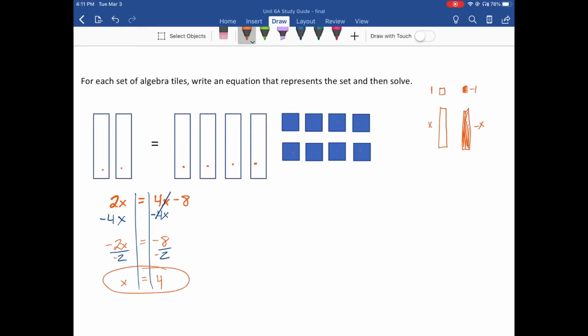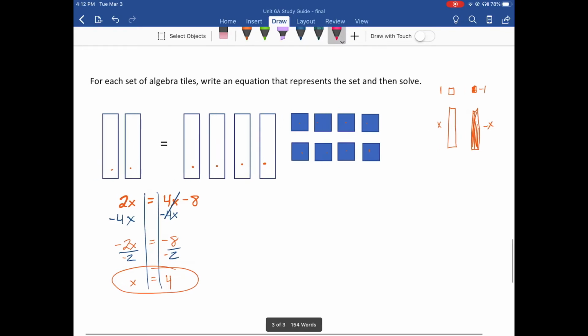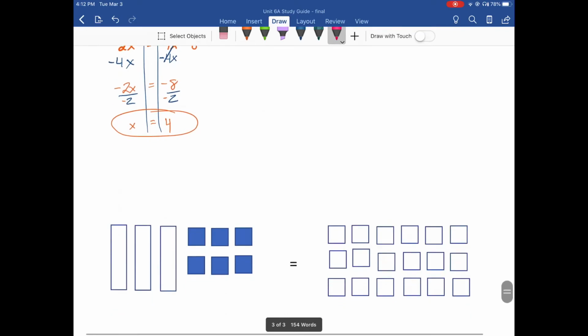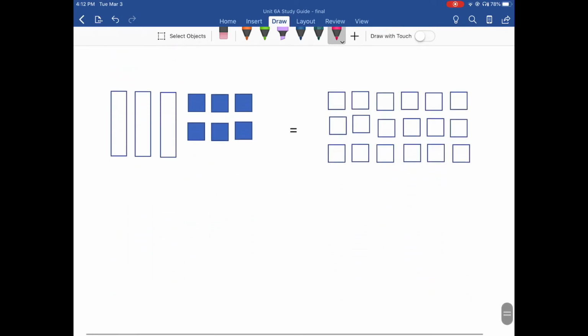Make sure you're careful and you catch yourself just like I did if you forget to put the coefficient along with the negative sign or the positive sign that you're using. So you always want to make sure that you're keeping track of what's negative and what's positive so that you don't mess yourself up. And then our last example, we have 1, 2, 3x